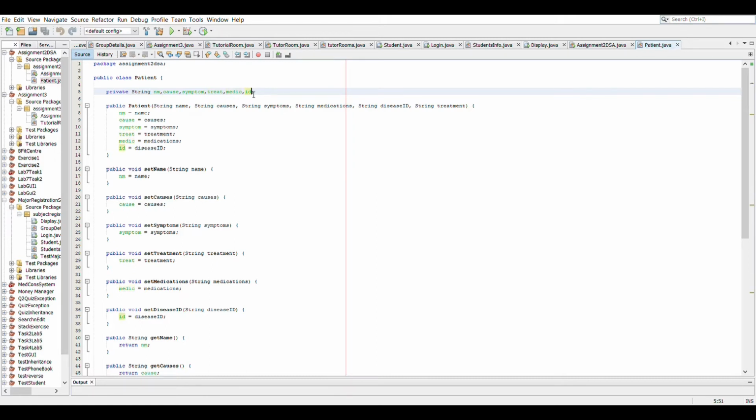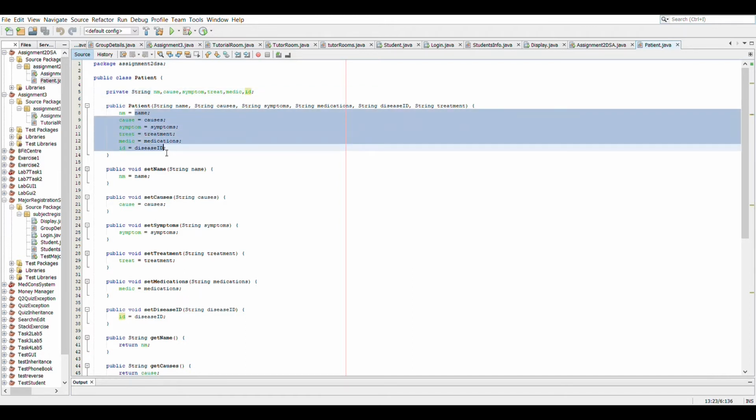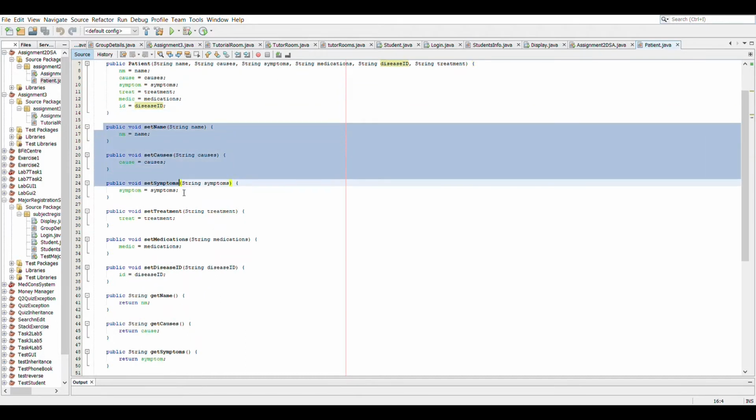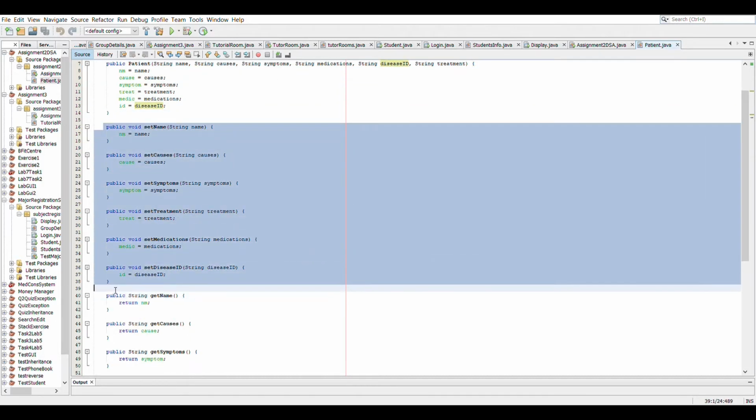In the constructor, there are 6 string type variables declared as name, causes, symptoms, treatments, medications, and disease ID. There are 6 setters for all 6 variables, defined in different setters with no return type, which is void methods. The 6 setter methods are set name, set causes, set symptoms, set treatments, set medications, and set disease ID.